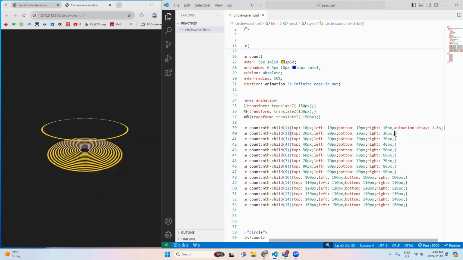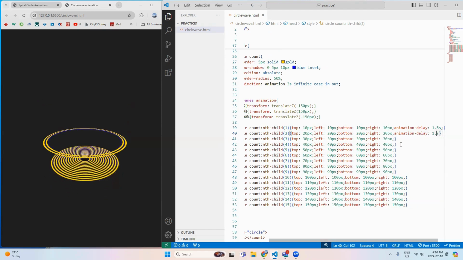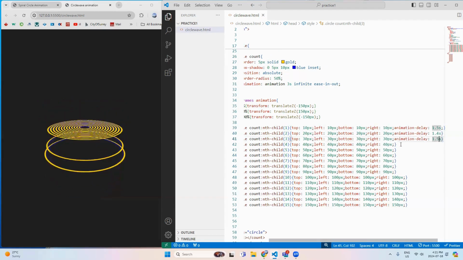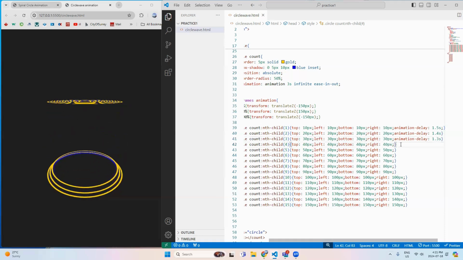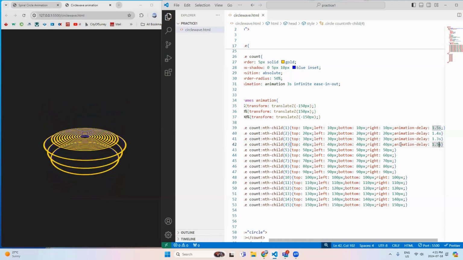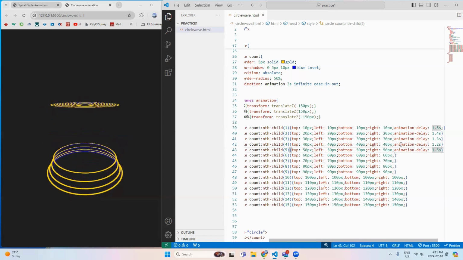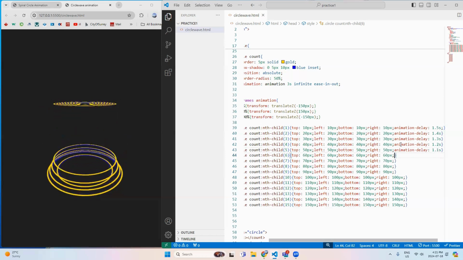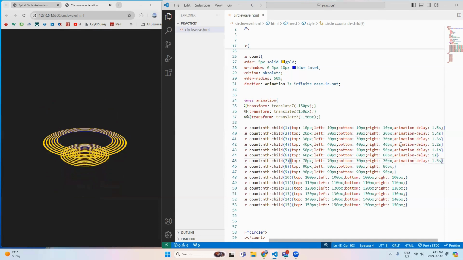Here Control V and just 1.4, Control V 1.3, Control V 1.2, Control V 1.1, Control V 1 second, Control V